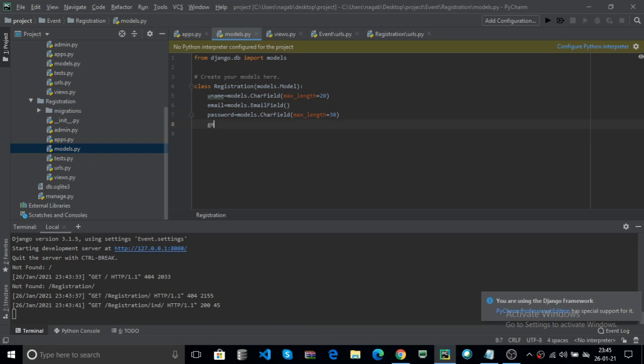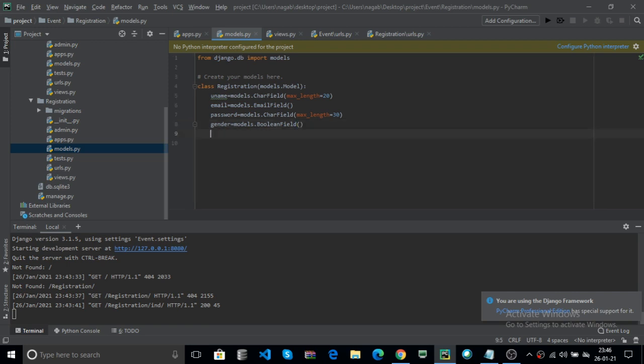Here you can also use the gender. Here you can use the BooleanField. The boolean field, like boolean data, is true or false. Like true means male, or false means female.